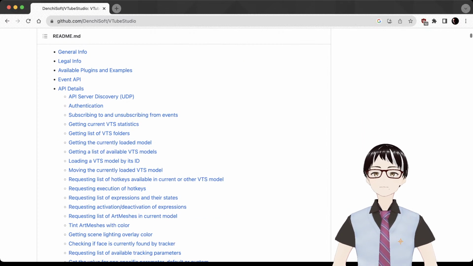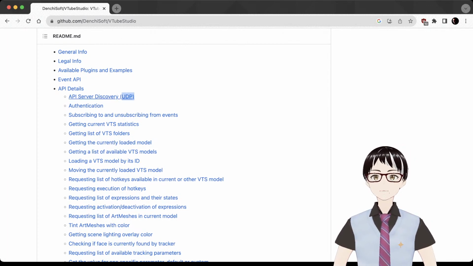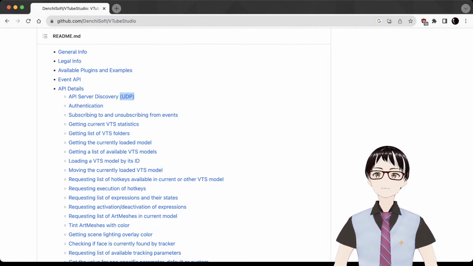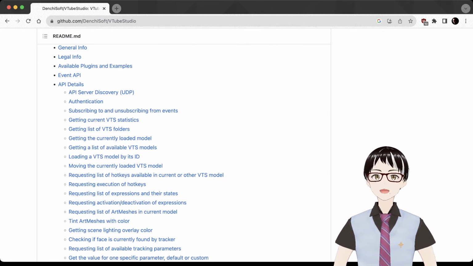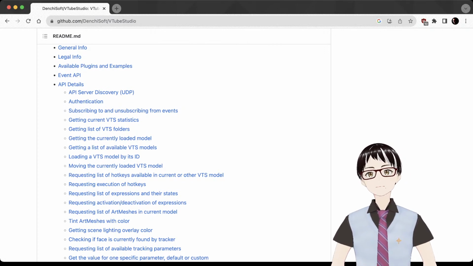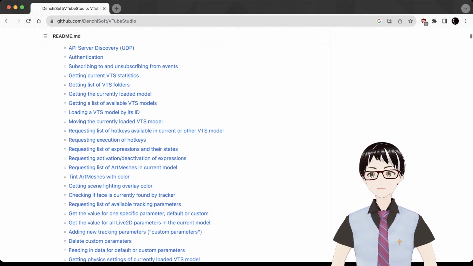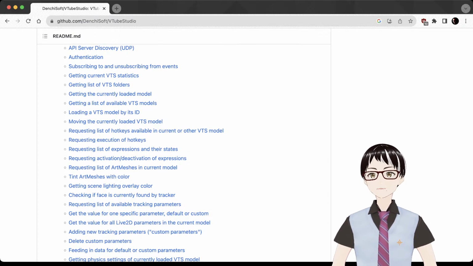This is also the mechanism that most people use when playing video games, right? Because it's just a lot more efficient when you don't have to check the address every time. When you are playing video games, you just need to check it once, know the address of the game server, and keep communicating with the same server, right? So that's how UDP is useful. So we know that it's UDP, and then we have to go through the process. Of course, there is an authentication, subscription,